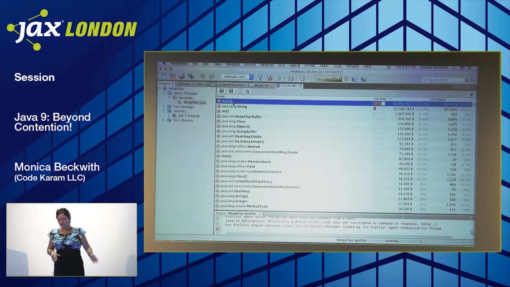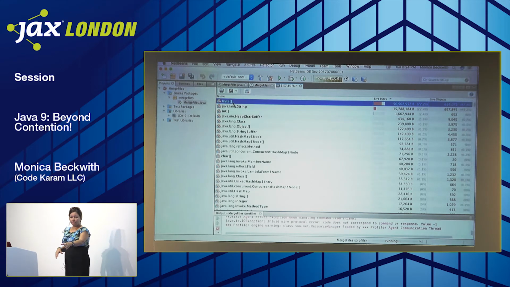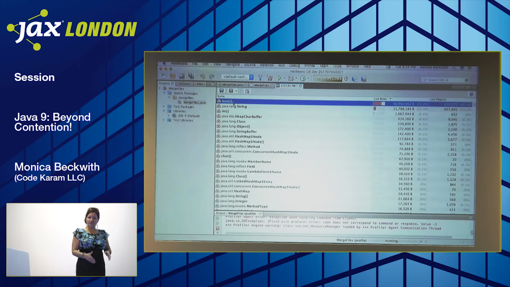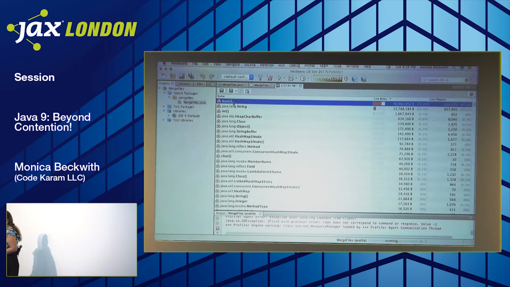If I showed you the other one, which is not here, Java 8, JDK 8 would show you char array. So now instead of having 2 bytes, you have just a single byte array. So that's an improvement. Basically your footprint has been reduced to half, right? So that's another optimization in Java 9.